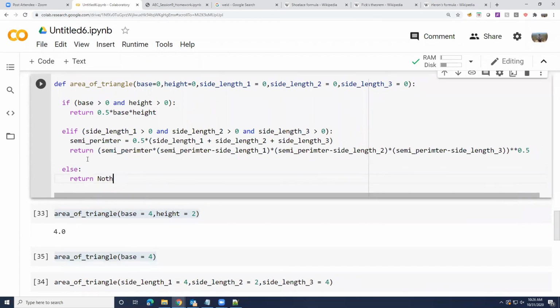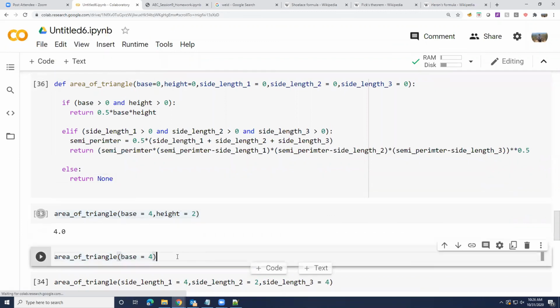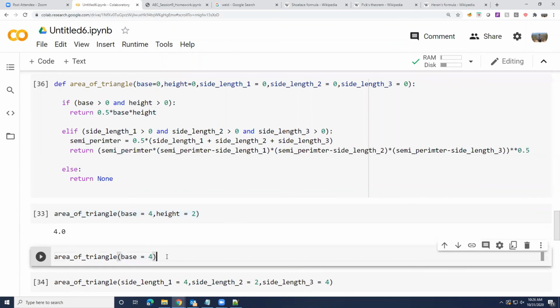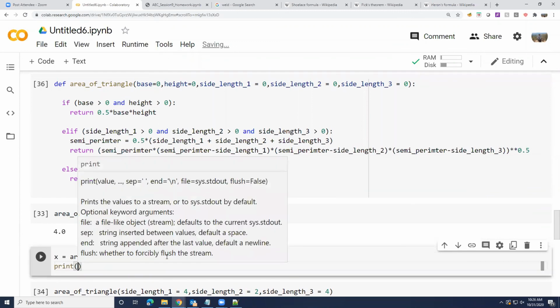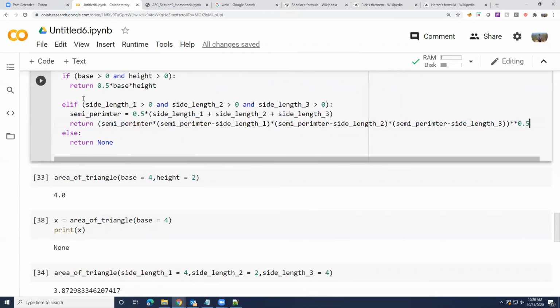So I can make it return something or None. So it's not returning anything. If I say x equal to this and print x, then it would say x is None. So it's returning nothing.